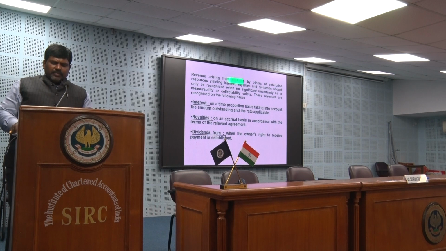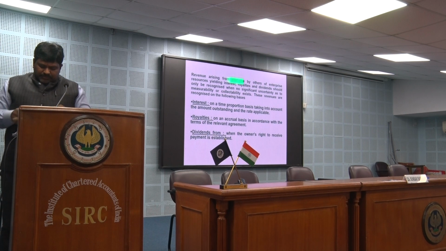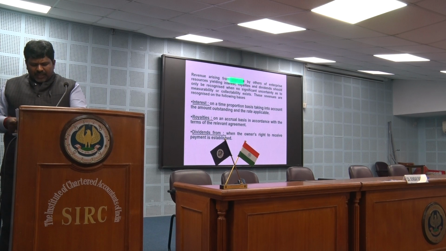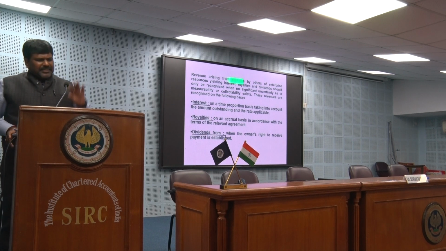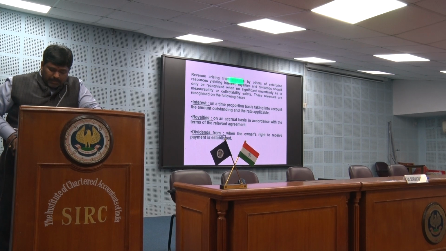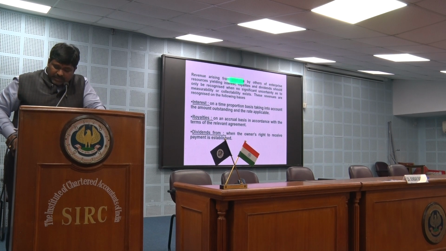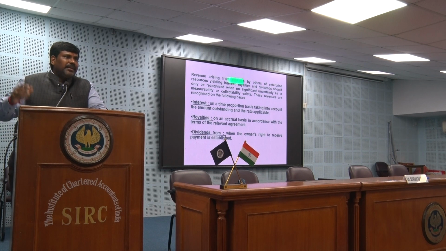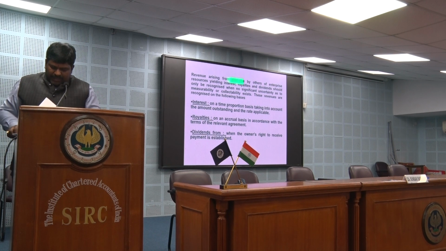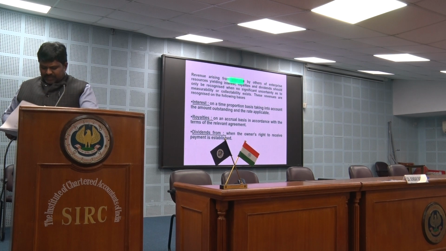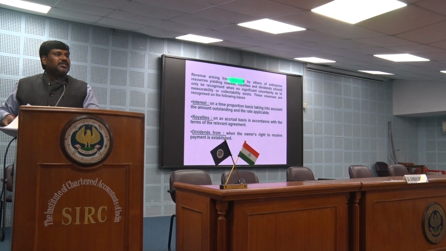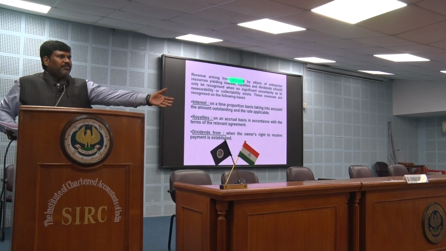The standard also elaborates various other matters; in fact these are given as illustrations in the standards. AS9 is a very simple standard which runs to only some 6 pages. But there are certain illustrations which are specifically given with a rider that they do not form part of the standards, because that may change from industry to industry. Some of the very interesting examples include, as I said, sale on sale or approval basis. In case you are an installation and service provider, only upon satisfaction of the customer after due installation can you